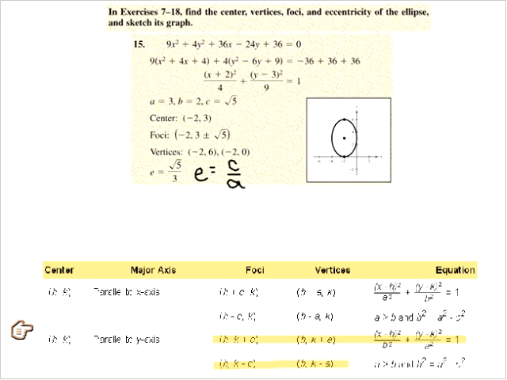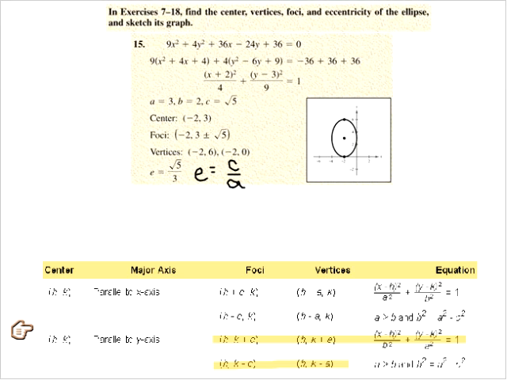At the end of every lesson, you're going to see a chart that looks like that. Make sure that chart gets down in your notes, because you can use it for your homework. You're going to use it on your test. It's very important. To find the center, vertices, foci, and eccentricity of an ellipse, we need to first